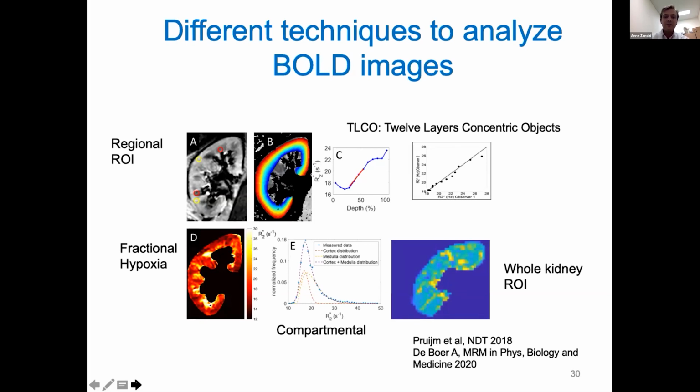The Mayo Clinic applied a different method. They called it the fractional hypoxia. You see it under D, where you simply select all the kidney tissue by hand and you define the percentage of R2* pixels with a value above a threshold, for example 30, which is seen as highly ischemic. You say, okay, now I have 5% of pixels above this value. Also works very well, reproducible, all fine. And on the right side, I just show you the whole kidney ROI placement, where all you have to do is select all the kidney tissue and you get a mean value for this. So all these methods have not all the same success in CKD, and we in Lausanne prefer the TWLO technique for this. And with this technique, next slide, please,